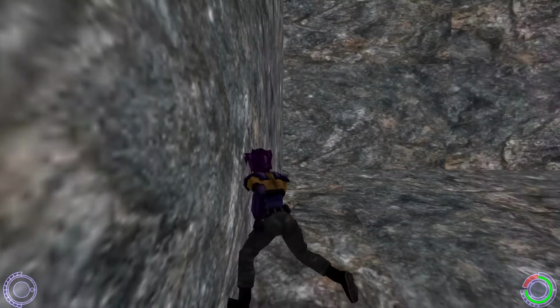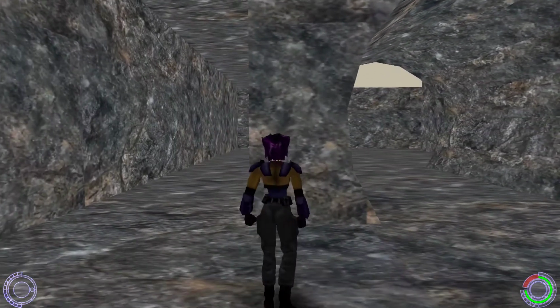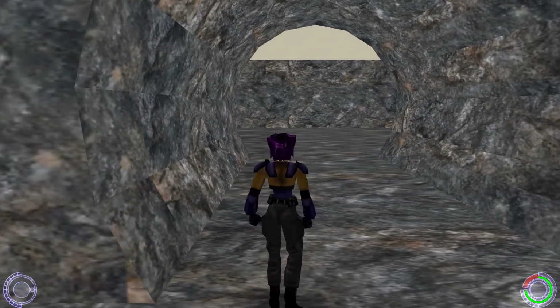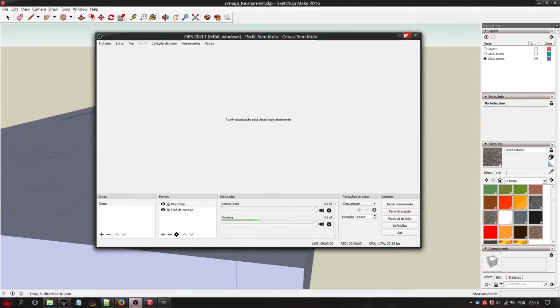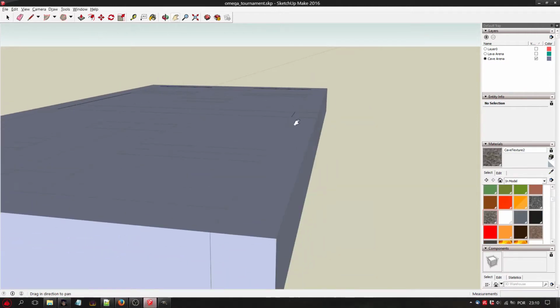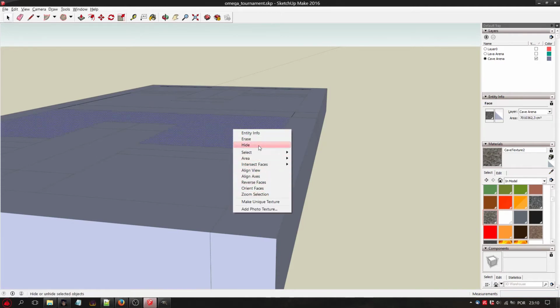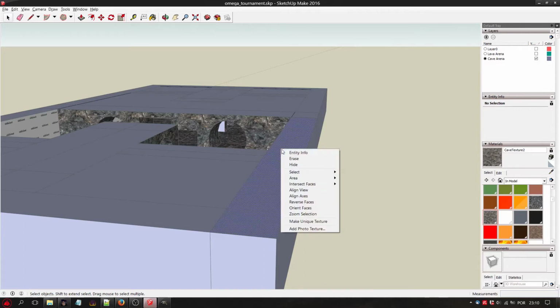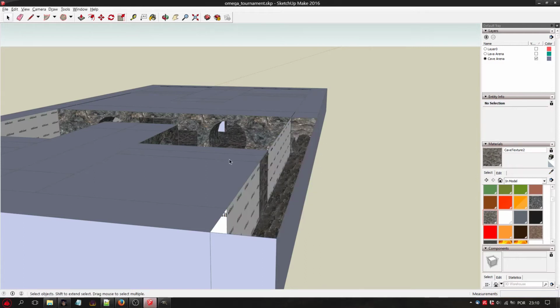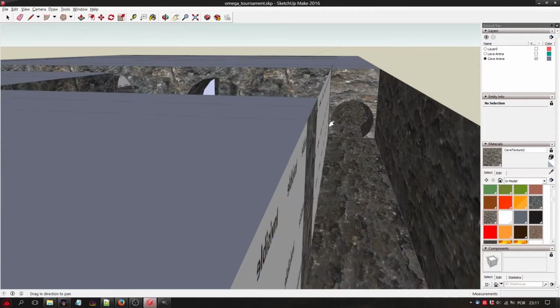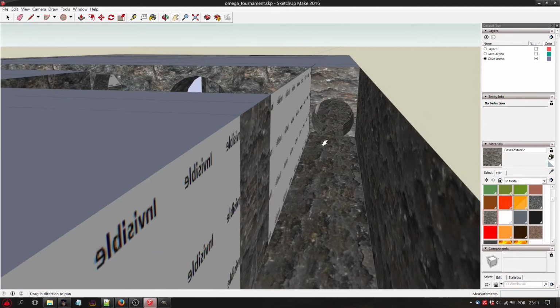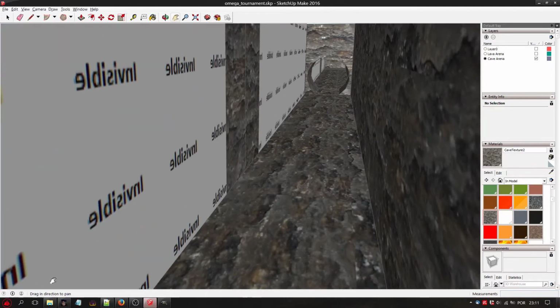This one you want to make invisible, but as you can see, you need to fix some things, so I'll do that right now and I will be back. Okay guys, so I'm back. I have finished texturing the arena. I basically just fixed the bugs that we saw before, and I added a new texture.